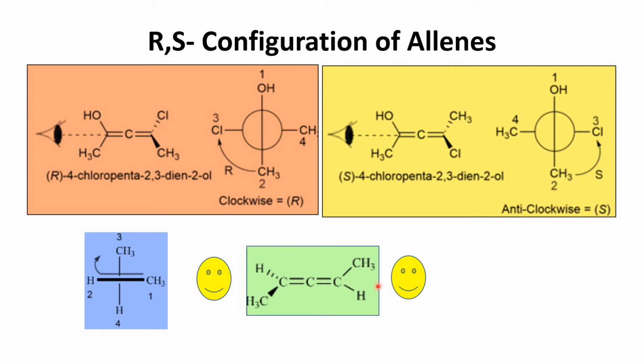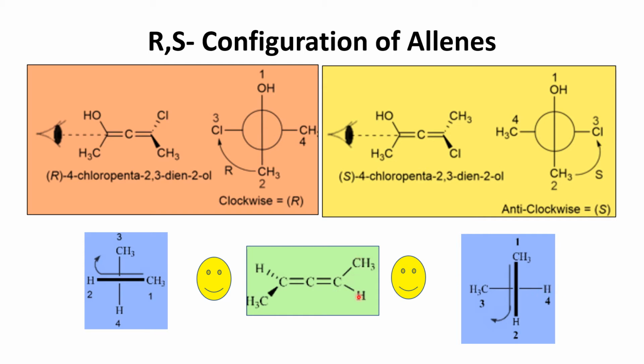If you see in this way, the solid line should be in the vertical line, and this should be in the horizontal plane. The one which is near to the view, that you have to give first, the priority first, 1 and 2. If you go this way, this will be first, you have to write this here, and give preference to this. If you go this way, the solid line you always write in the vertical line only. But this wedge and this one you always write in the horizontal only, okay.